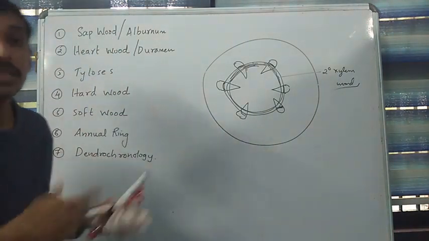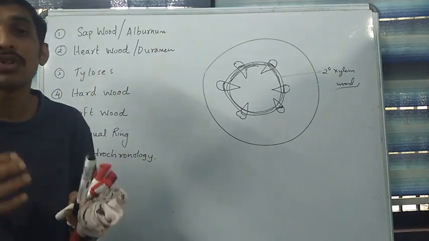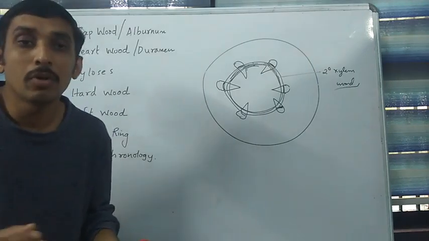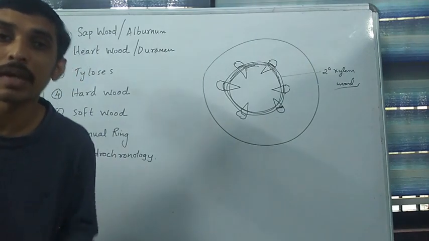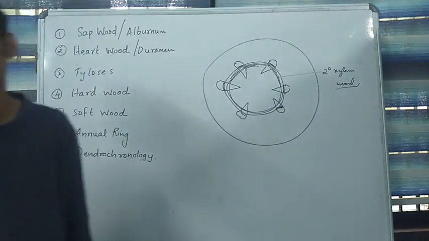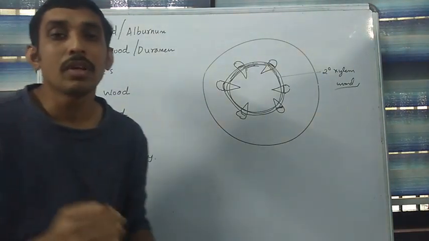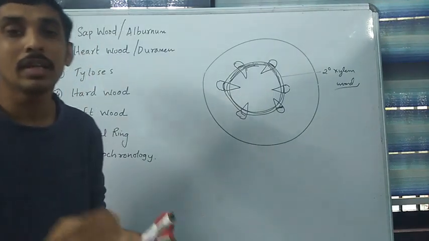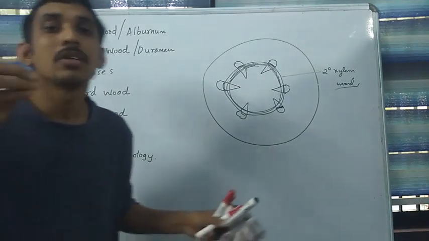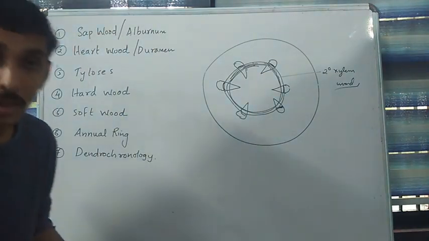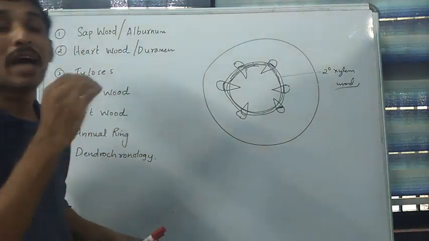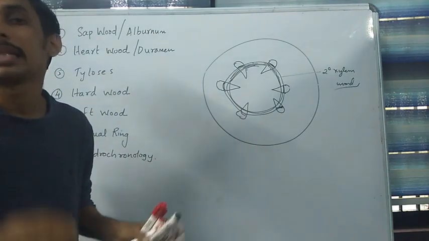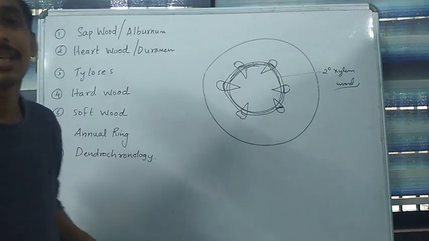Due to the presence of these secondary metabolites, hardwood shows a specific odor. Based on that odor, we can identify which plant the stem belongs to. For example, we can identify teak wood, and we can identify mahogany, everything by its specific odor. That odor is due to the presence of various chemical compounds within the tyloses produced by the parenchyma cells of the secondary xylem.